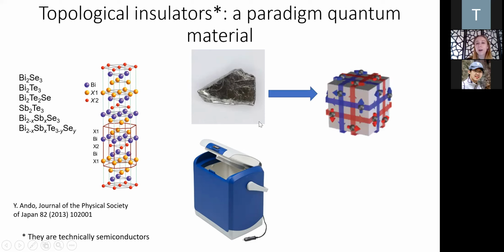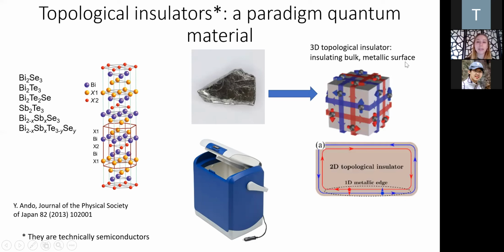So this silver rock, it is what's called a three-dimensional topological insulator, meaning it is insulating or semiconducting inside a three-dimensional bulk, and then it has a metallic surface state that's two-dimensional that wraps it up like a present. The same idea or the same type of phenomena can exist one dimension lower. So in two-dimensional topological insulators, you have an insulating interior in a sheet, and then the edges, the one-dimensional edges, are what is conductive.